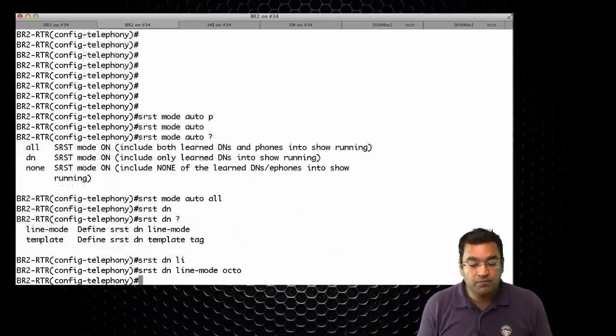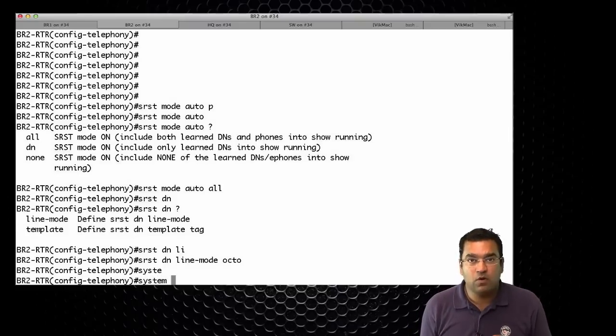We probably want to use Octo. Watch out for that because the default is single. That means you couldn't conference, you couldn't hold, you couldn't do a new call, you couldn't consult transfer, and so on and so forth. So make sure you're always using Octo lines or dual lines unless they've specified something else. You've then got,